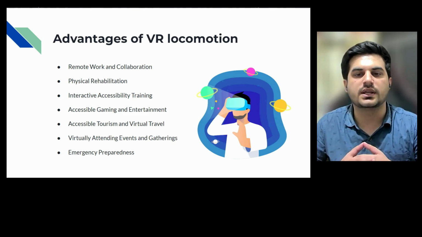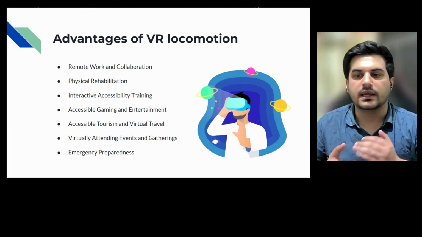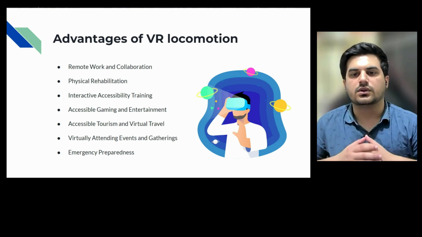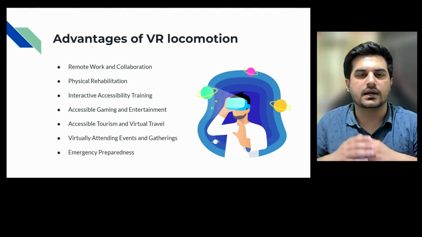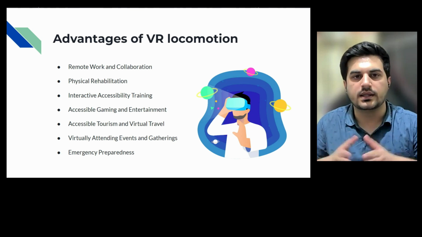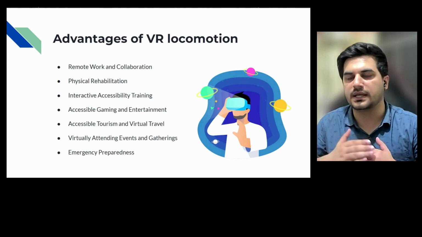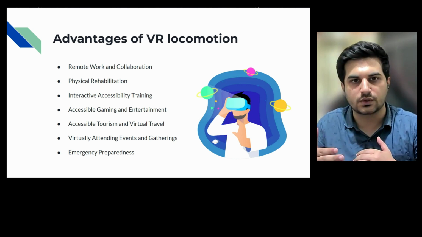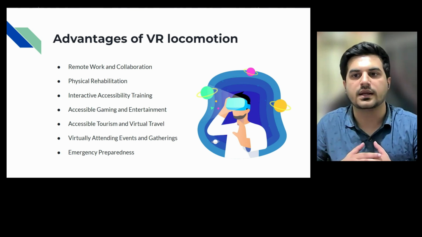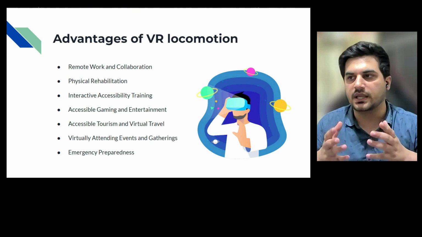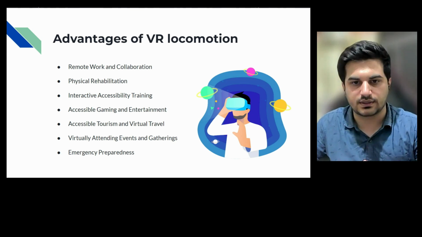Next, they can virtually attend events and gatherings. So if they have any social event, concerts, family gathering, using virtual reality, they can move around the event, they can experience that, and they can have a 360 immersive view. It will be like they are completely experiencing it, living there, living in the moment at the exact point, and they can be there with their family and friends.